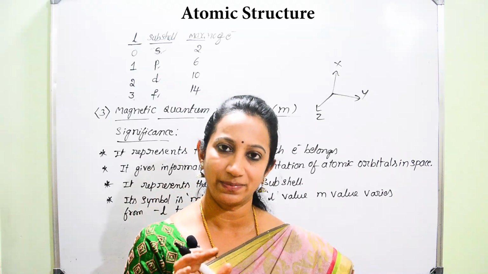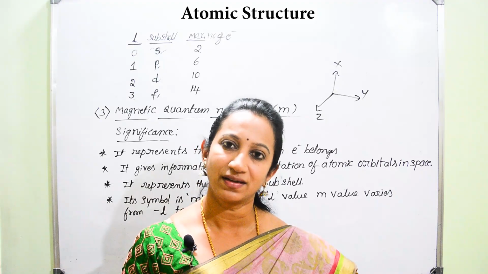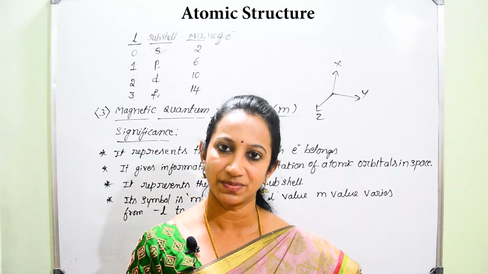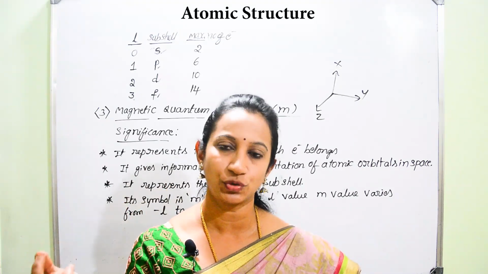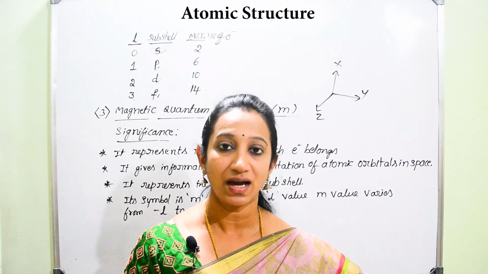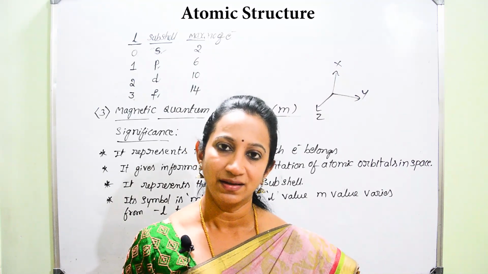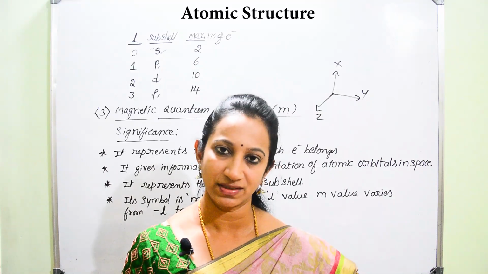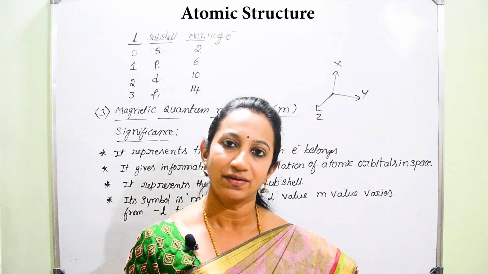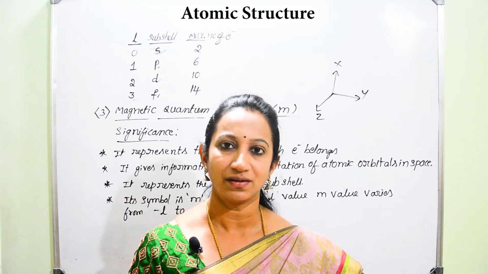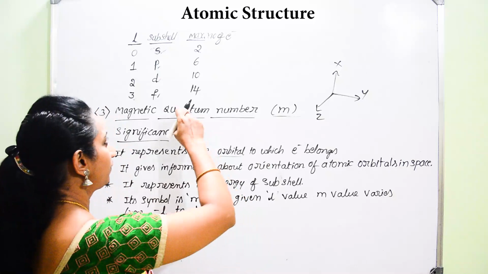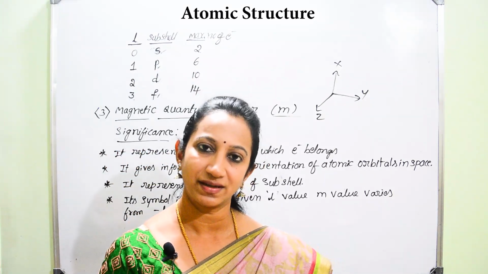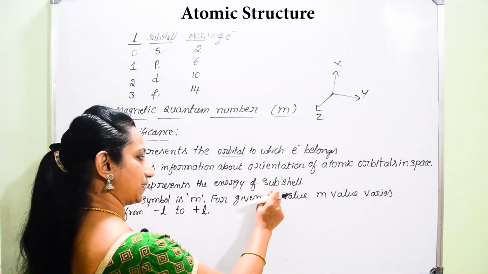Again, we can take an example. Either that electron is present in first energy or second energy. That S orbital is present in first energy means the symbol is 1s. Second energy means 2s. Similarly, if the subshell is P, that P orbital might be present in the third energy level, not first and second energy. Third energy level or fourth energy level, like you can consider 4p or 3p or 5p, like that. And if you go for F, either it is 4f or 5f or 6f, like that. It is representing the energy of the subshell.